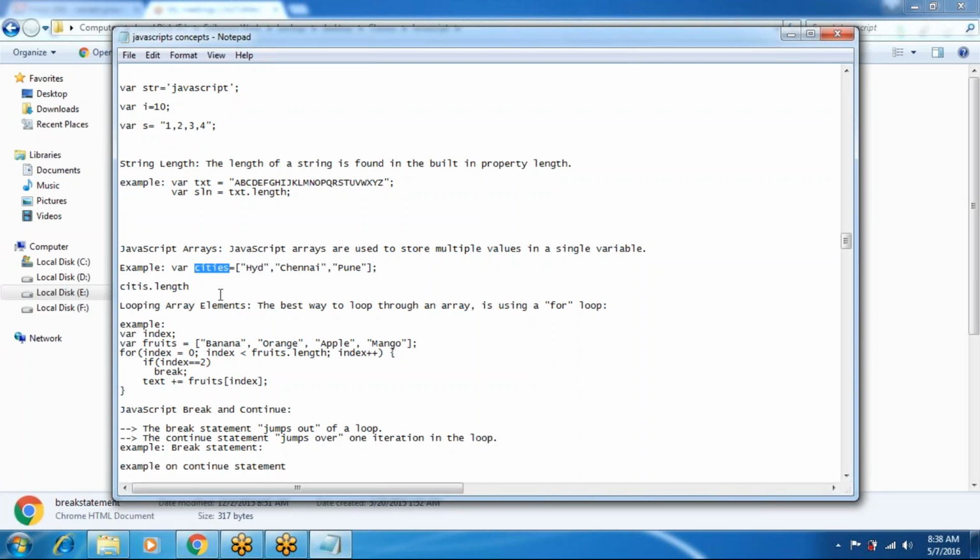Here, if you want to find the array length, you can use the length property. The length property returns how many values are there in the array. So here three values are there, so this length property returns 3.